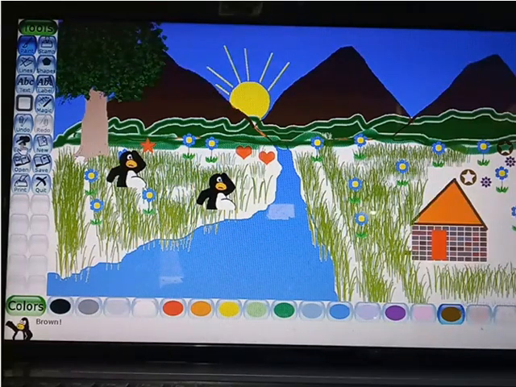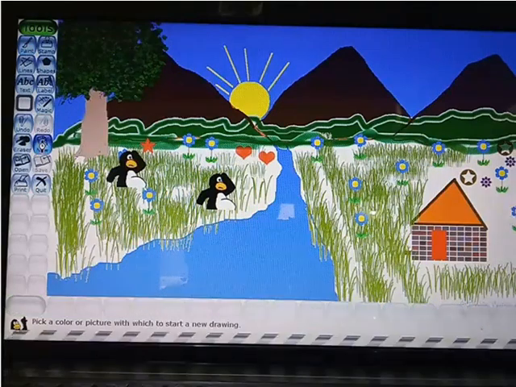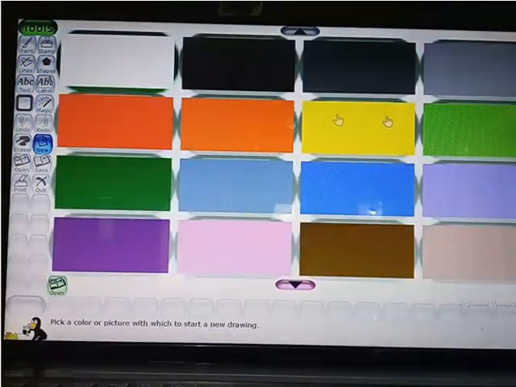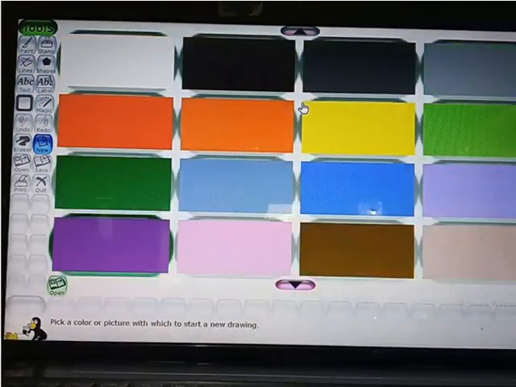Now the most important thing is to open or save the file. First you have to save the file. After drawing, I will save the file, okay. Click on save, it will save automatically. Where will you find that saved one? You have to go to new, okay. When you click on new, it will show you all the new drawings, whatever you want to draw.